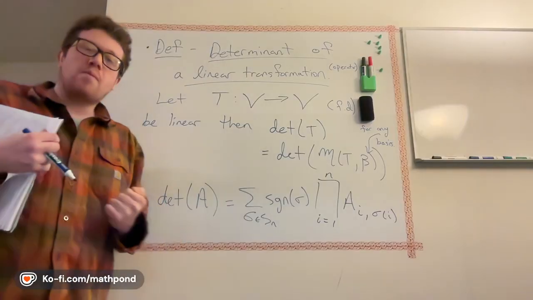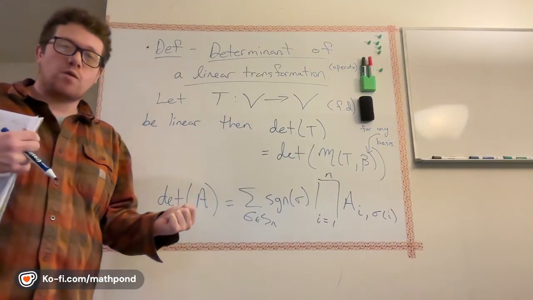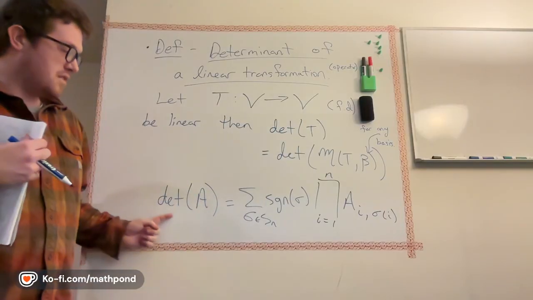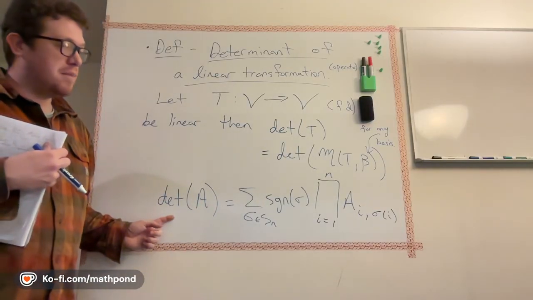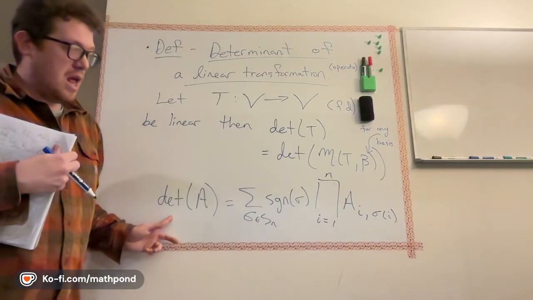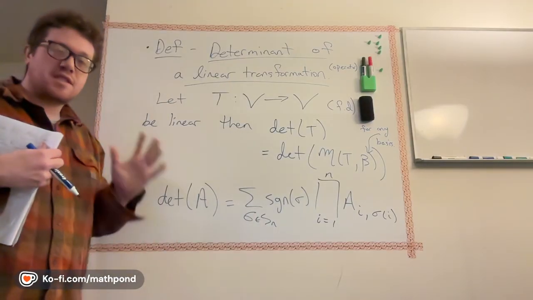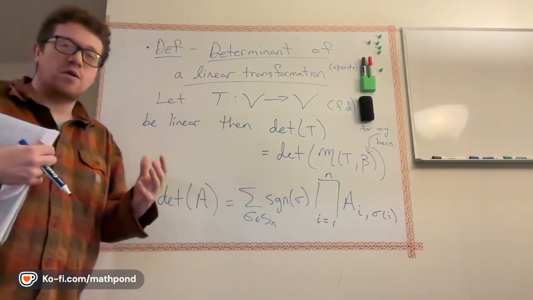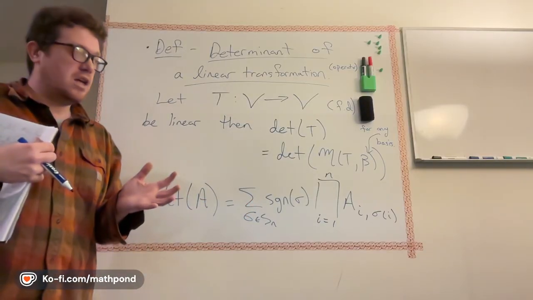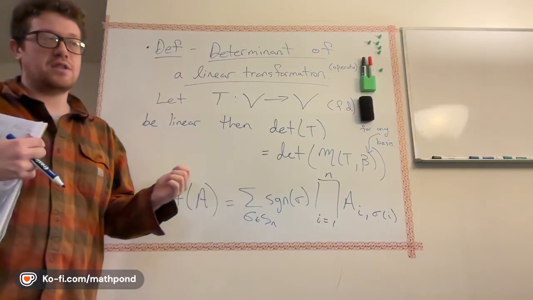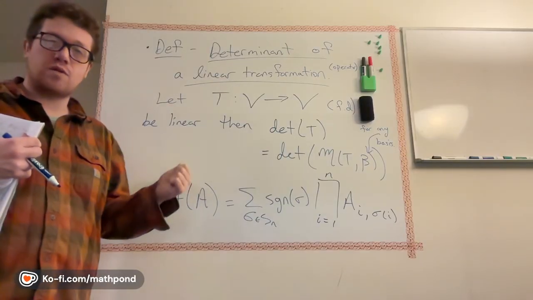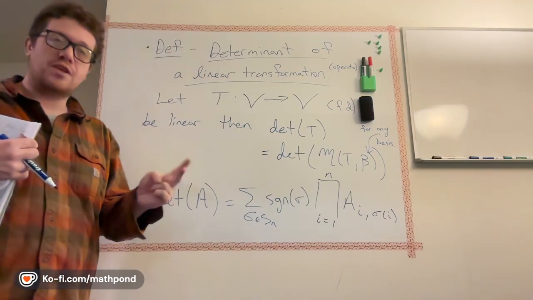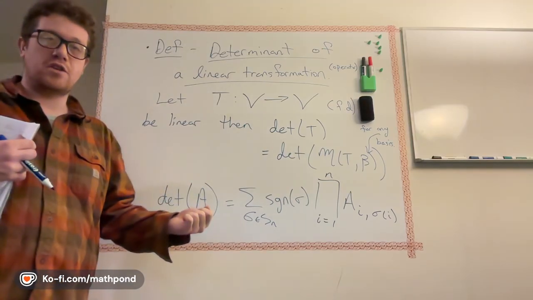And some other important properties are when you multiply a row or column by a scalar in the field, then it multiplies the determinant of that matrix by that same constant. That's probably the most important property of this definition here, that it's multilinear and that it's alternating. So in other words, it scales. When you scale each row, you scale the determinant. And if you swap any two rows or columns, then you multiply the determinant by -1.